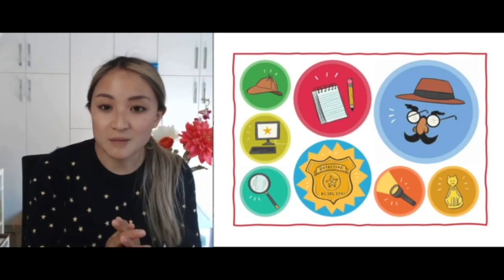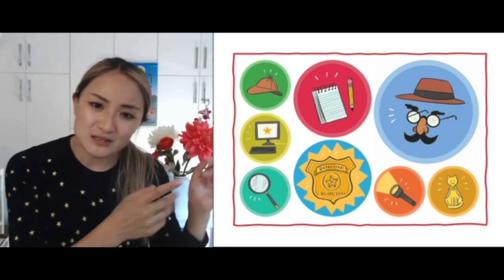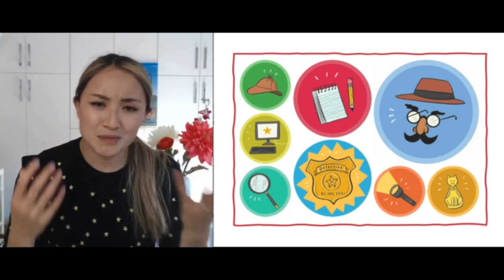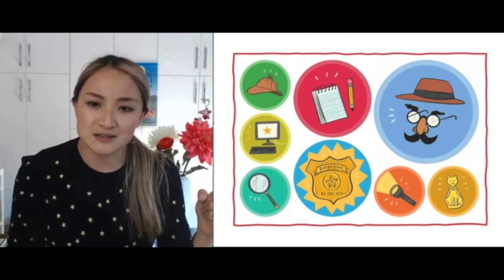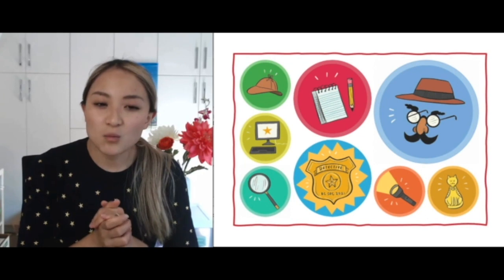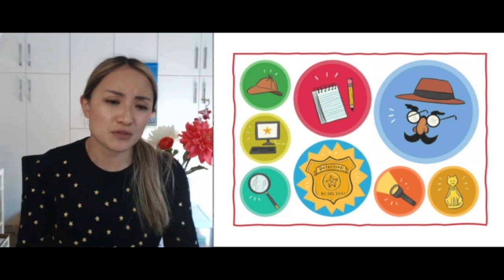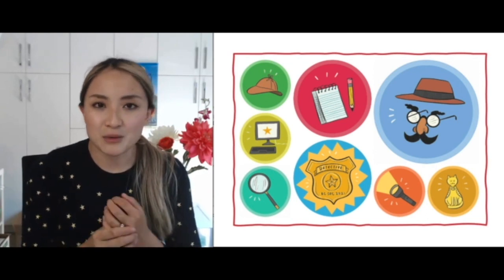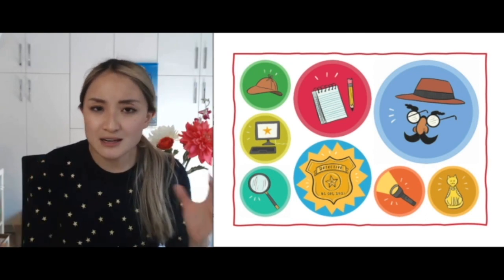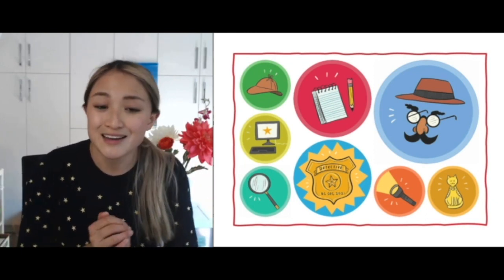To give you some ideas for what detectives might have as accessories, here you go. Cool hats, notepads, disguises, badges, the magnifying glass, lots of things. I would just think about what you want your character's strength to be in solving their mysteries and their favorite thing to do. It's also fun to think about changing up the clothes, the hair and skin color, playing with the height. The world is your oyster. You can do what you want.